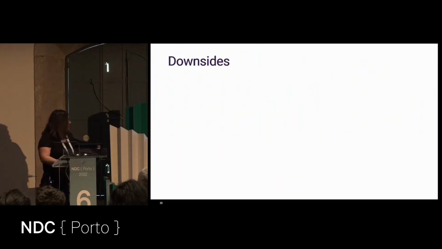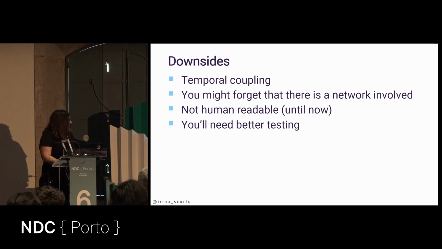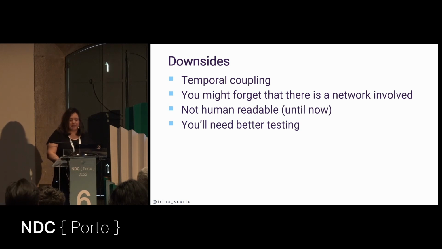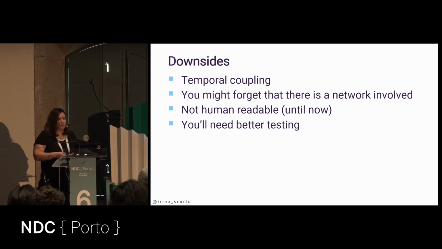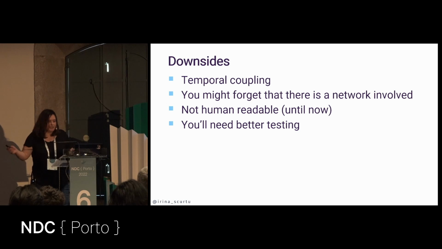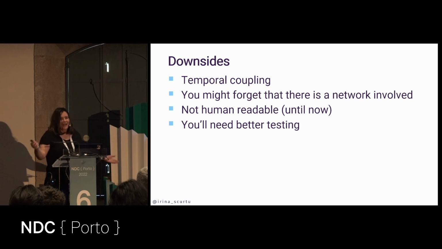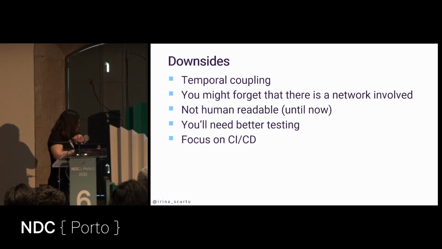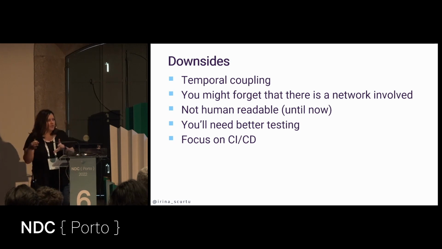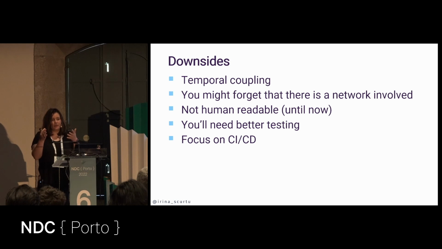Okay, so getting back to the downsides, you need better testing with gRPC because you have a single point of truth and a single point of failure. If that proto file is changed and you're not taking care of the other consuming services, things happen. You need to focus on CI/CD. There is also a talk on YouTube from a guy from Spotify. Spotify uses gRPC, and they talk about how they migrated to gRPC and how they have a single repository with gRPC files, and they take everything from there.